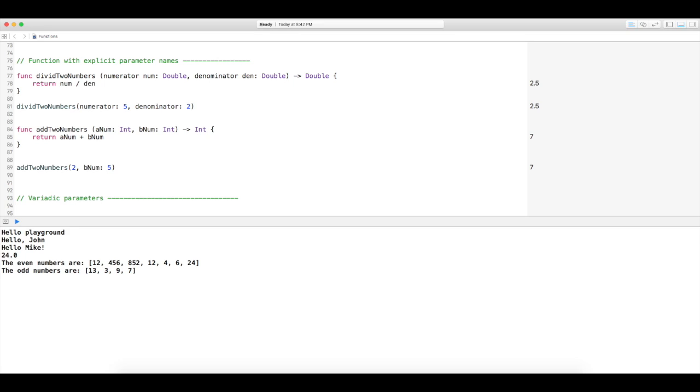But why have bnum available and visible when you don't really need it? Because we already know this function is going to add 2 numbers up, so we just have to give it 2 numbers. So how do we